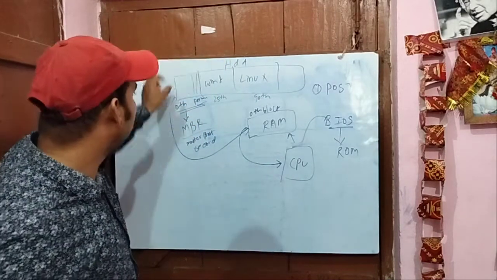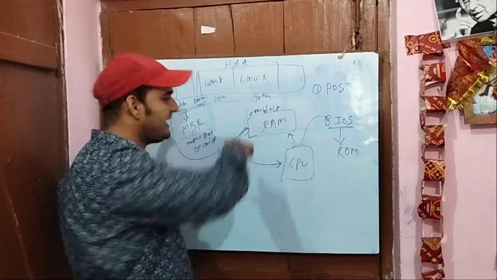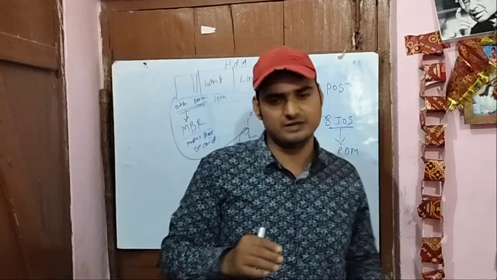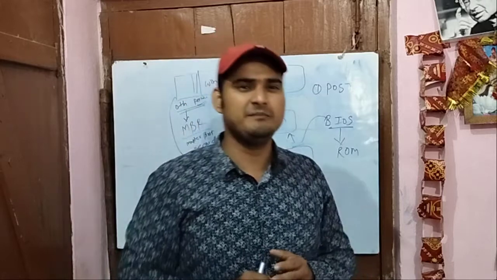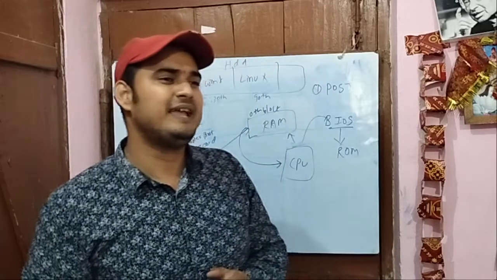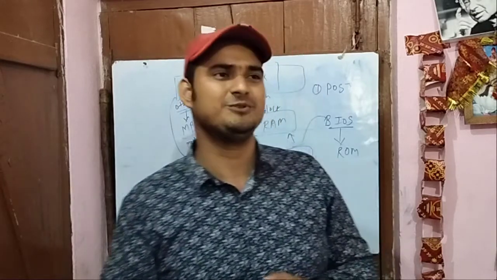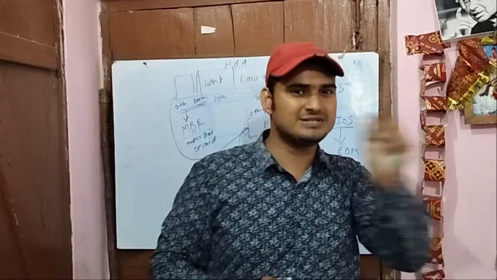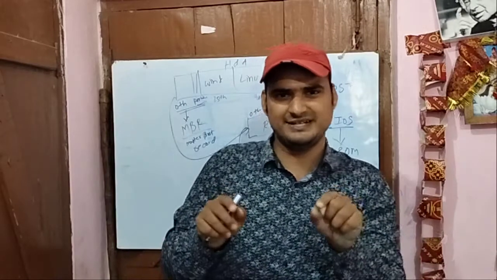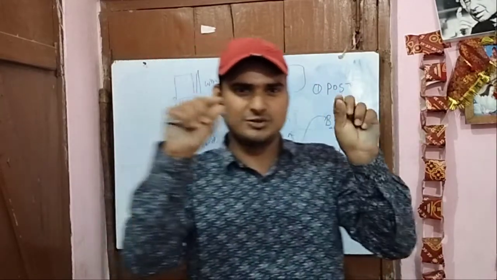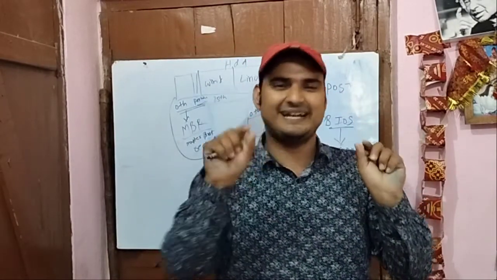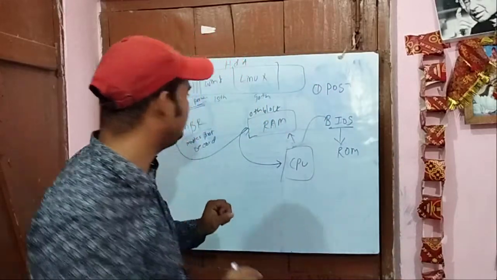So now once it loads the zeroth block, and as you have seen, if you install various operating systems, code in the MBR is written in such a way that when you start the system with multiple OS, it will ask you which operating system you want. It will give Windows, Linux. You might have seen a blue kind of screen come up with Windows, Linux, this kind of information.